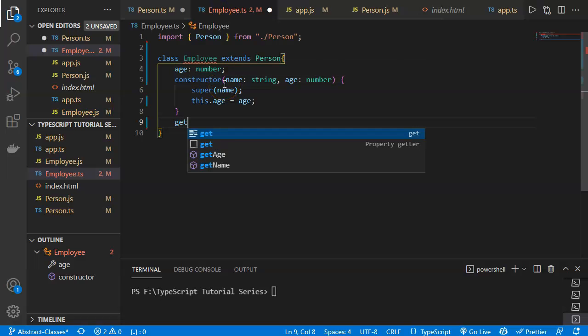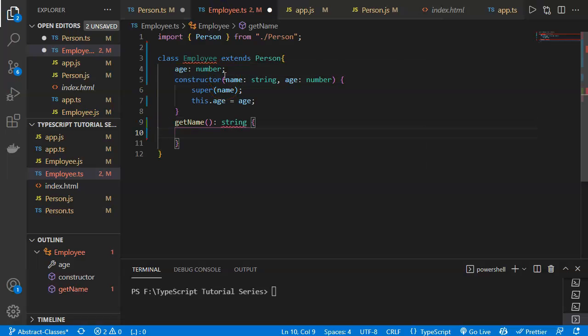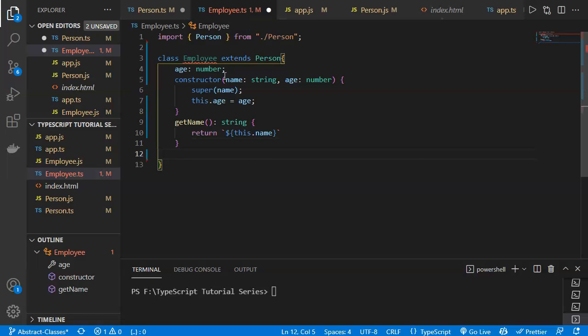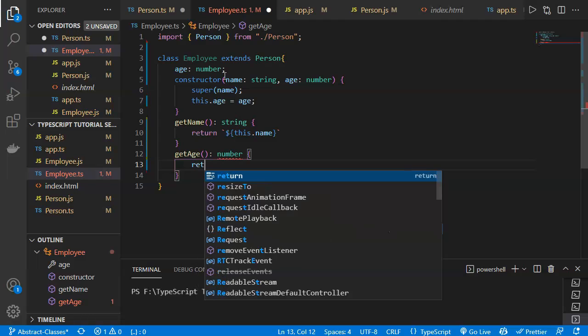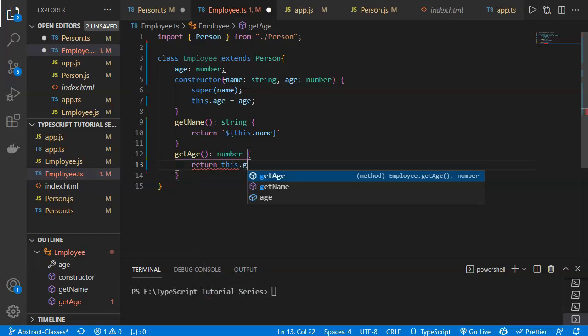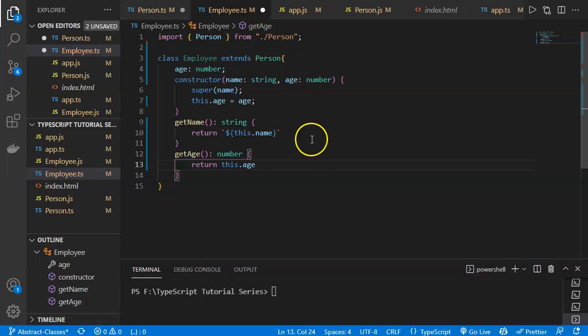First it will be getName, and it will just return the name, like this.name. Then we need to define one more function, which is getAge, and it will return this.age. So this is the implementation of the functions getName and getAge.